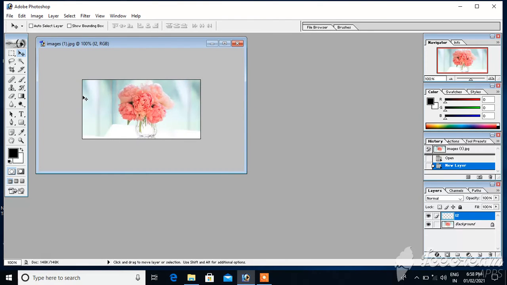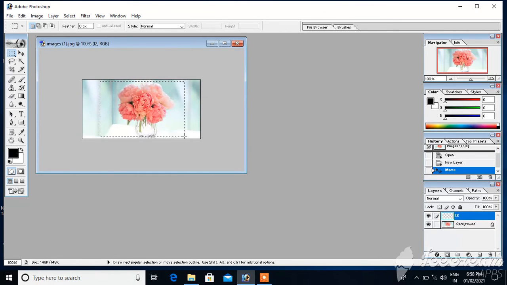We'll select the area first. Then apply the filter.